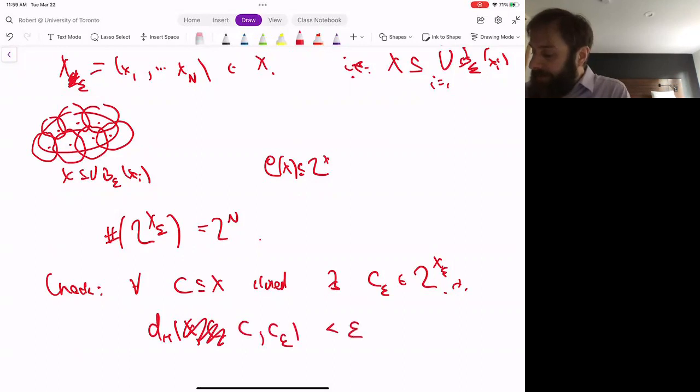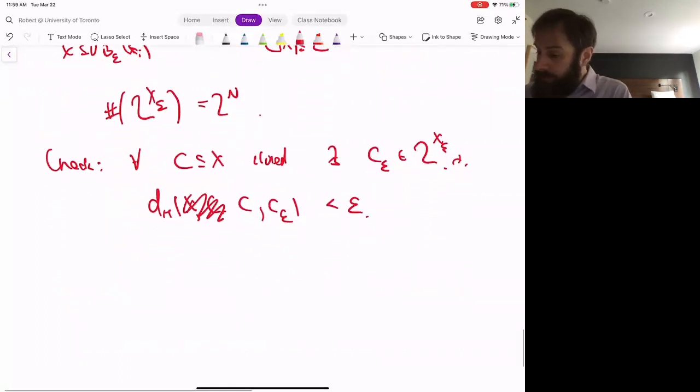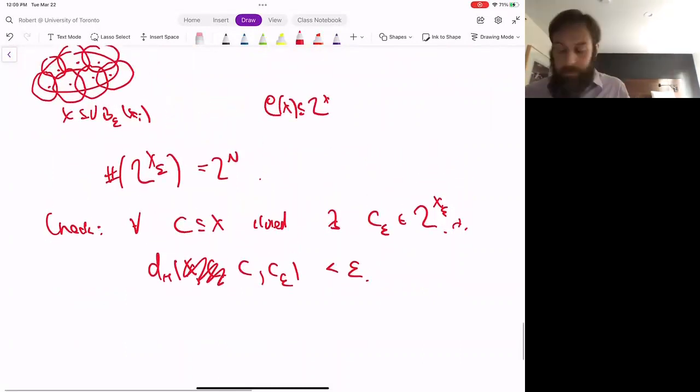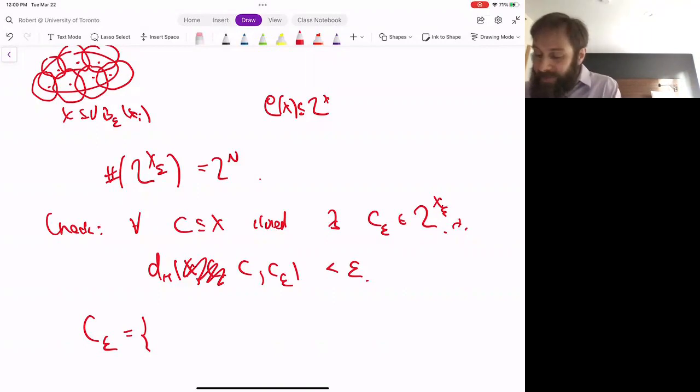Is less than epsilon, I guess. And I think you probably choose this subset. So C epsilon is probably all the points that are within epsilon, possibly epsilon over 2. So your C epsilon is basically going to be the set of x in X epsilon